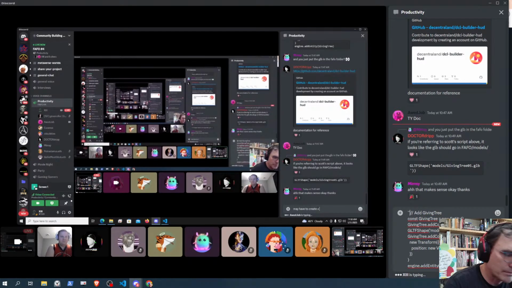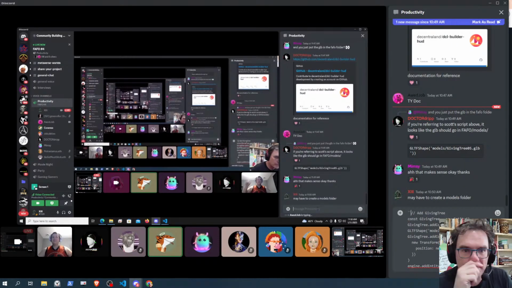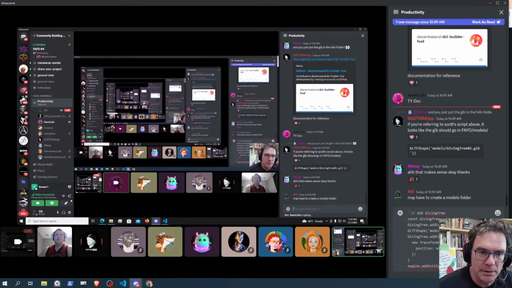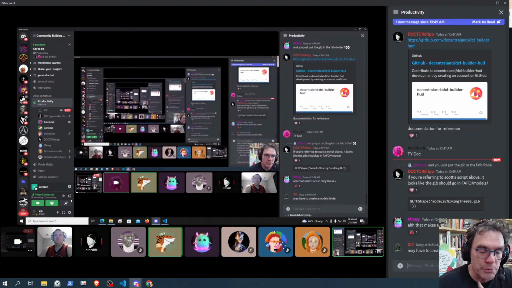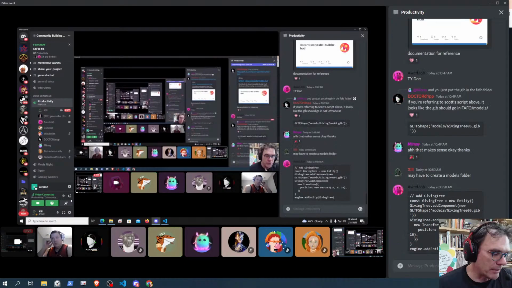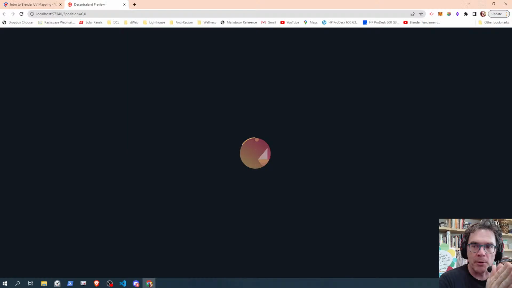I have the giving tree GLB in my models already. Yes, you need both things. You need the model in the appropriate directory, and then you need the part of the code that will call out to the model, get it from that directory, and put it into your scene. I see. Here, I will copy this.